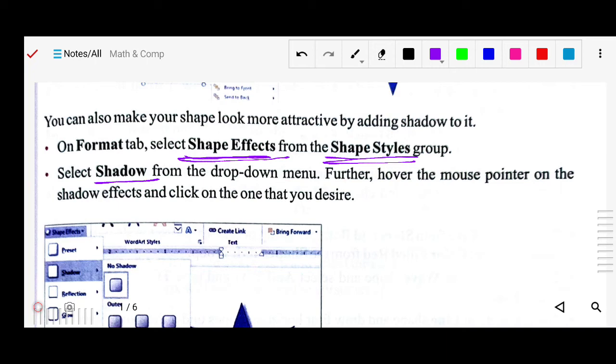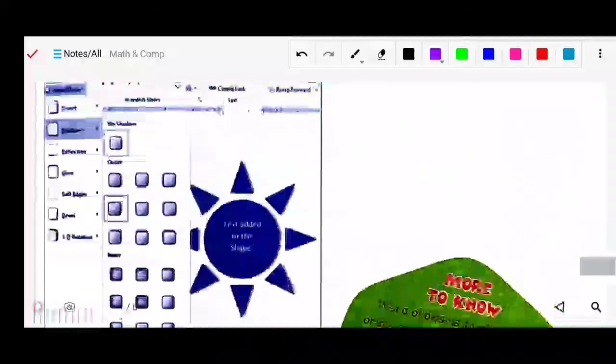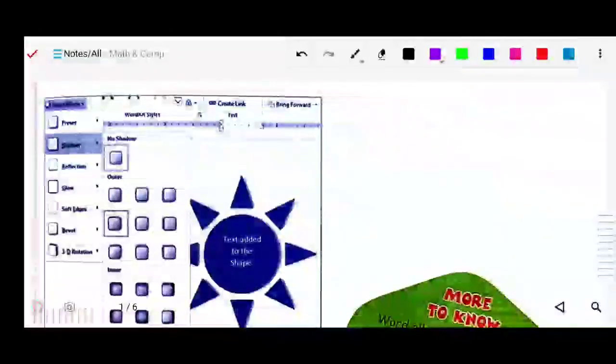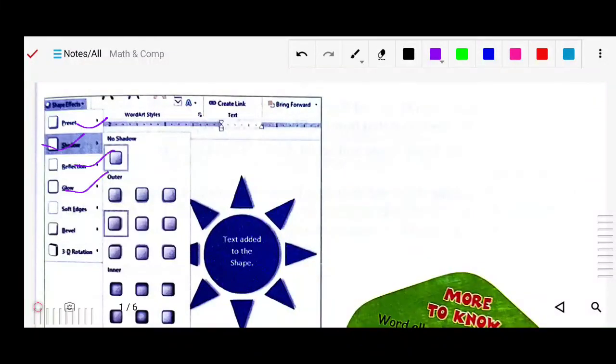You can see there are more styles like Preset, Shadow, Reflection, Glow, Soft Edges, and next 3D Rotation. These are the effects you can apply to your shape so that it looks attractive, and you can do more modifications.